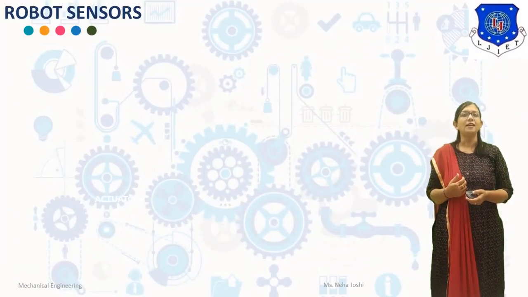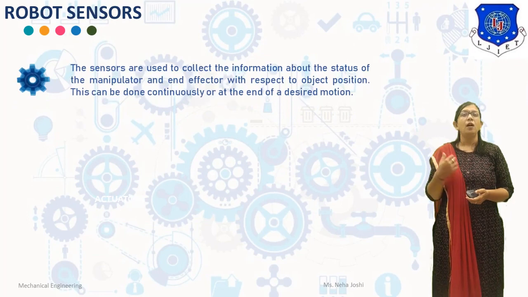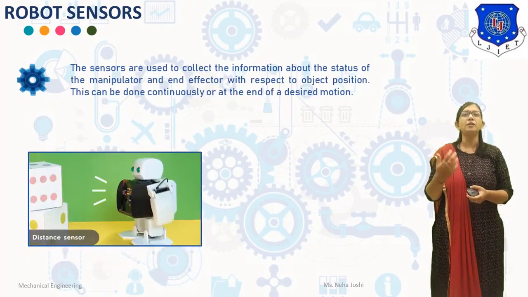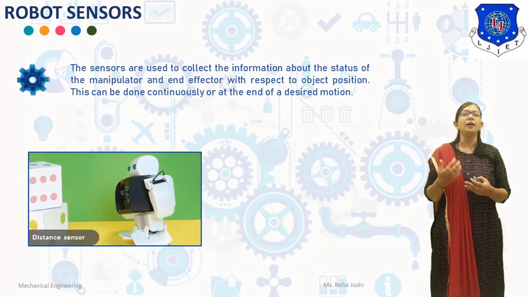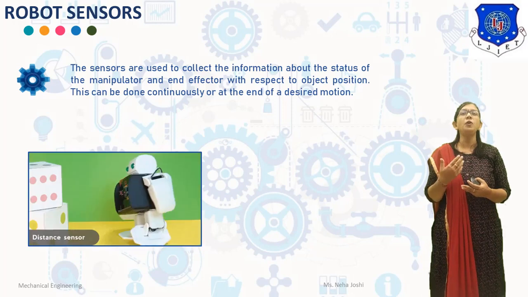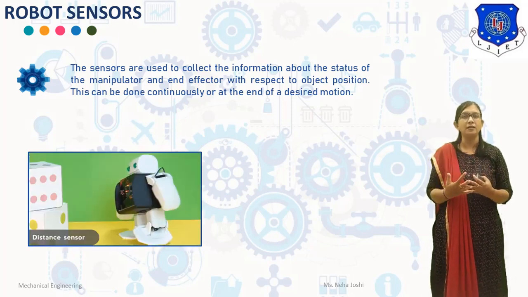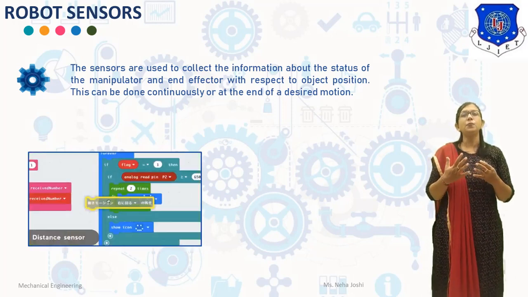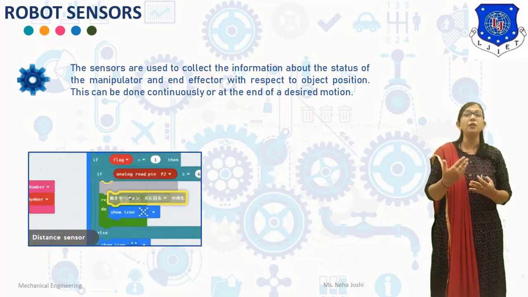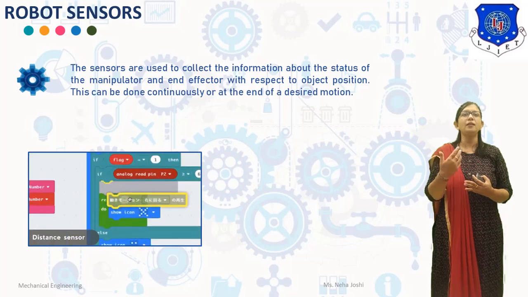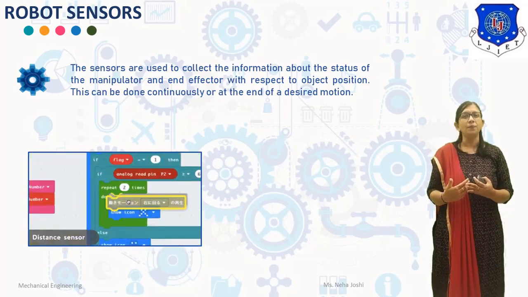Now, first of all, what are sensors? A sensor is a transducer used to make measurement of a physical variable. Any sensor requires calibration in order to be useful as a measuring device. Calibration is the procedure by which the relationship is established between the measured variable and the converted output signal.